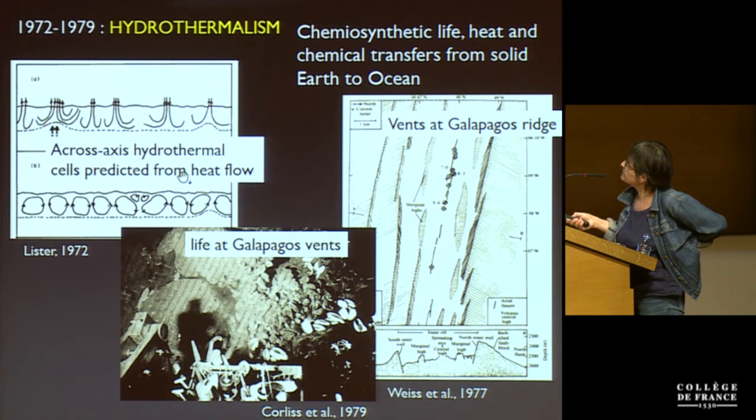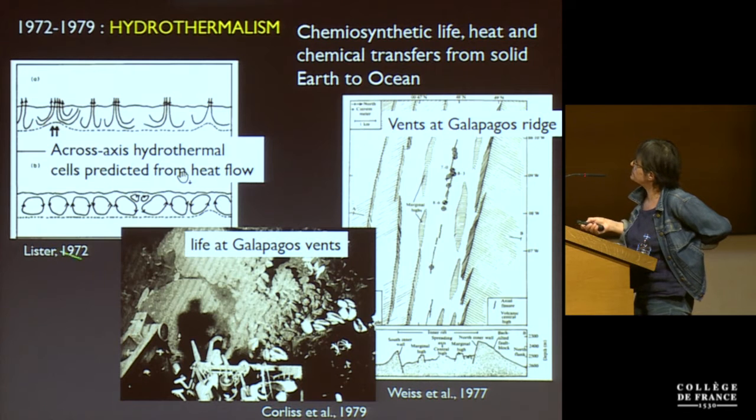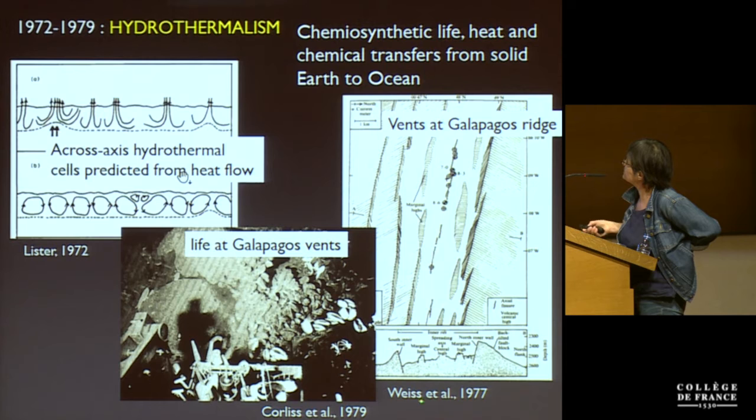And this is a cartoon that was made by Lister showing it in a cross-axis sketch. This is the ridge axis, and you see how he sketched the necessity for hydrothermal cells. And here is what happens to these hydrothermal cells if you go far away and you have sediments. And so that was in 1972, and then the actual vents on the Galapagos Ridge were discovered